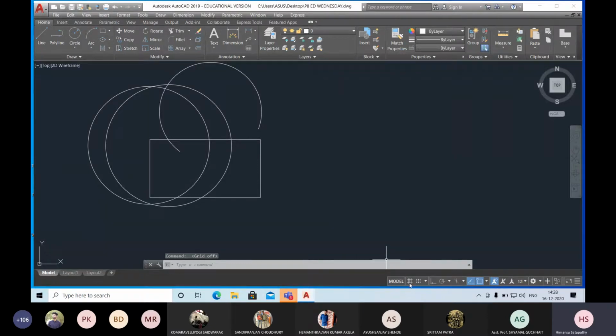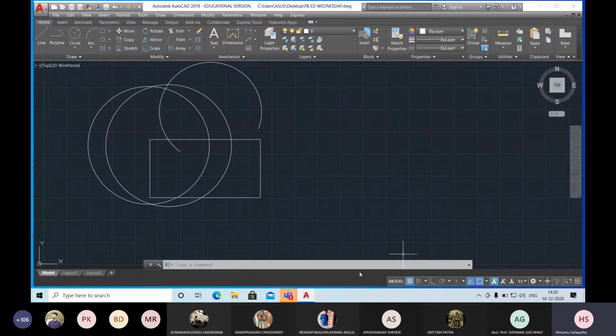If you don't want this grid, you can switch off this grid or switch on grid. F7, F7, you have to press again and again so that grid on, grid off. You can see that one. So when I need this one, I can go for this one. It is 0.5 mm center to center distance. So this bigger grid is 2.5 mm. So if you don't have any dimension, then you can go for the grid option.